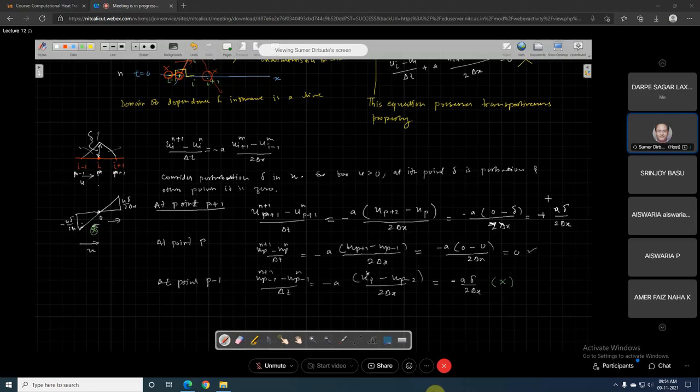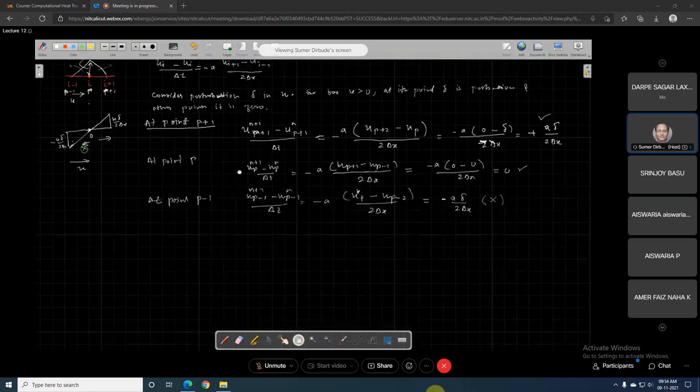This is okay because my movement direction is from P to P plus 1. So at my P, if I am 0, then it should make a change in delta in P plus 1, but it should not make a change in P minus 1. So it should not move from P minus 1 to P plus 1. But it can move from P to P plus 1, but it should not move from P to P minus 1. And that is what is happening from P to P minus 1. It is moving because my point under consideration is this. So this is lacking.